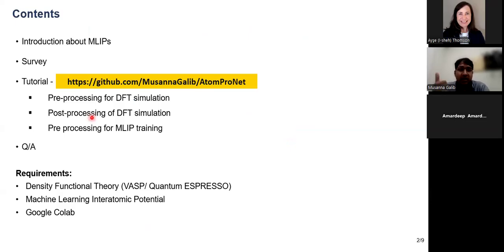So the contents are: first I'll give a brief introduction about MLIPs, which is the short form of Machine Learning Interatomic Potential. I'll have a survey to complete. I hope everybody will help me complete the survey, and then I'll have the tutorial, which will be in a few parts, and question answers. The requirement is that if you have a background in DFT and MLIP, that's good. But if you don't, that's totally fine. We'll go through each step, and we'll try to understand what's going on here, and you can catch up later if you want